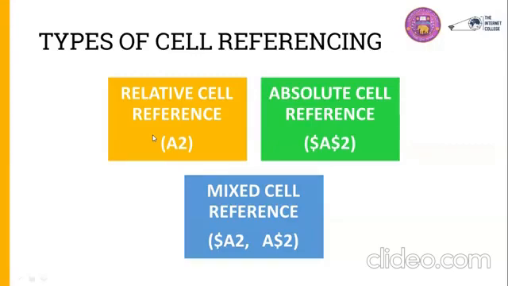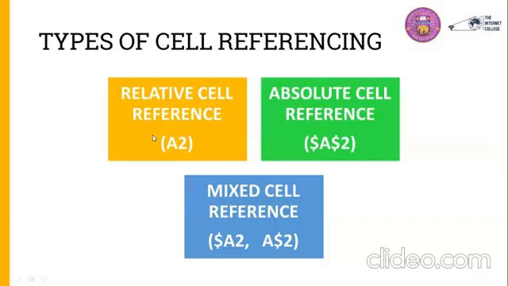How do I insert the $ sign? By simply using the keyboard. So instead of using A2 as the reference, I am going to use $A$2 as my cell reference. And this will fix my cell. Now, if I copy an absolute reference anywhere, A2 will remain A2. It will not change at all. In an absolute reference, it will remain $A$2.